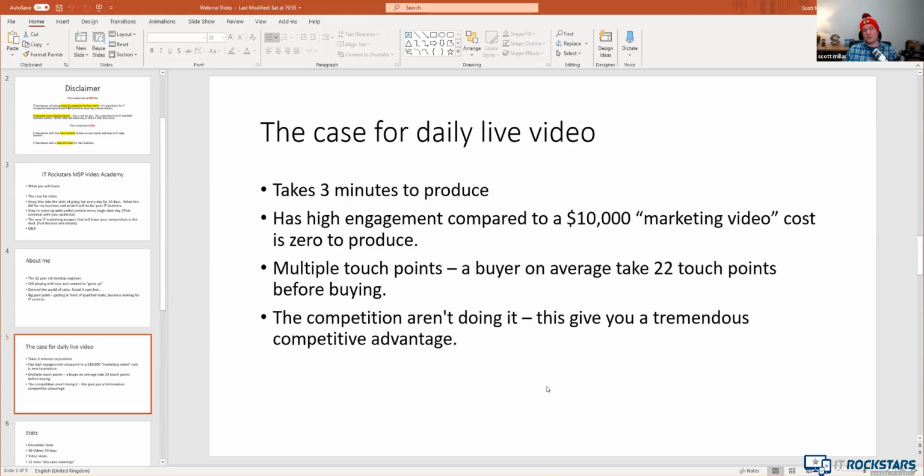You also have multiple touch points with the buyer. You could get that one really nice looking video, but you're not going to have as much engagement in it, and your potential buyers are going to watch it one time if you're lucky. If you're going live to camera over a 30-day period, 30 days straight, you're going to have multiple touch points. So if you've ever thought about when you're buying a car, you start thinking that you need a new car, then you start looking at cars, then you make up your mind what car you want, and then it consumes all your thoughts.